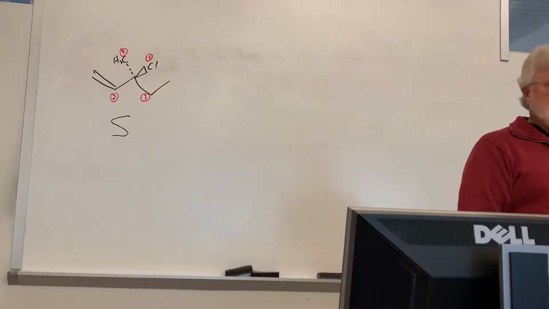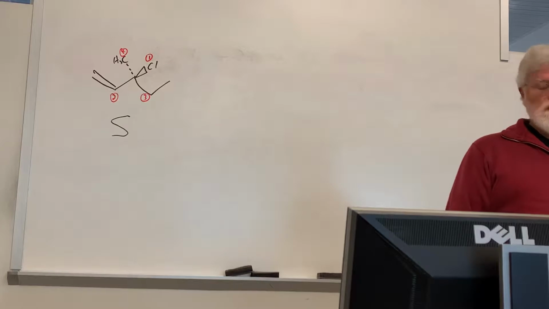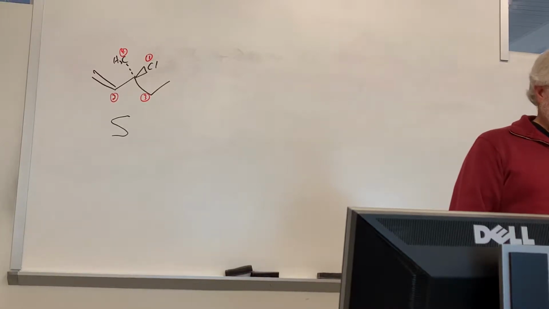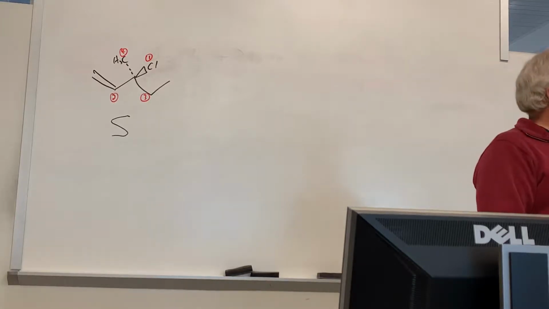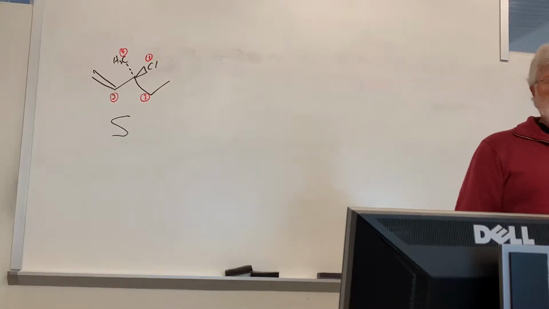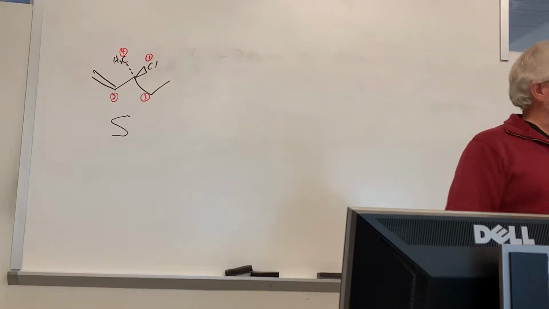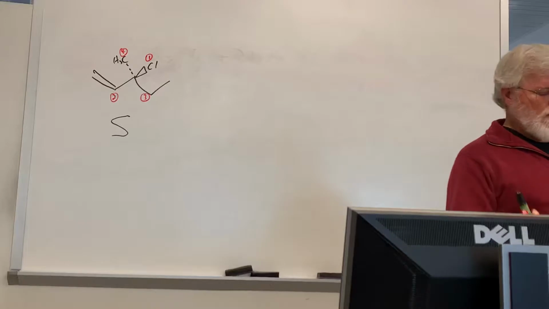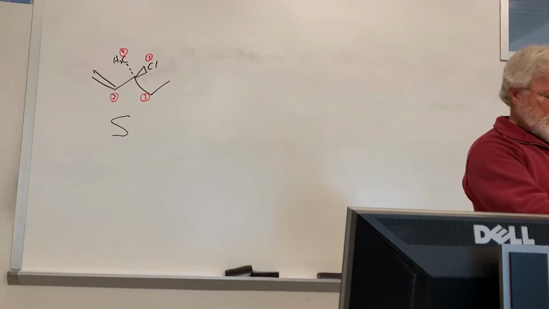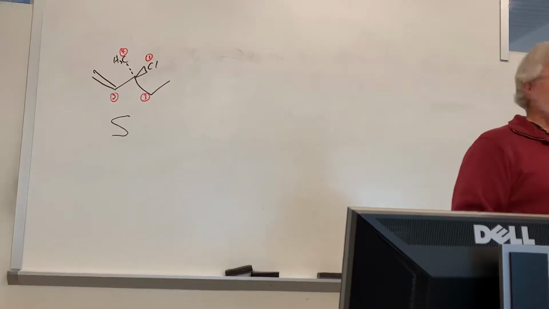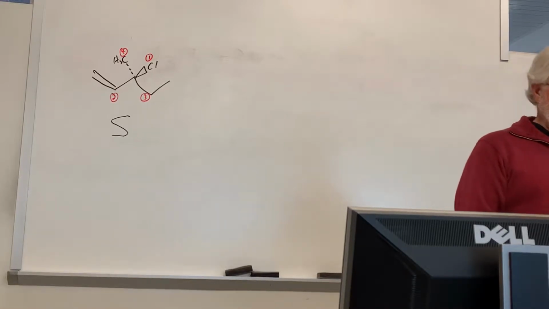My personal go-to is I assign R and S. The one on the left: R or S? It's S. The hydrogen is coming out at us, which is the group of lowest priority. So our mind's eye is on the other side of the paper looking up. And going from bromine to hydroxyl group to methyl, that's a counterclockwise circle from that perspective. That makes it S. And the one on the right